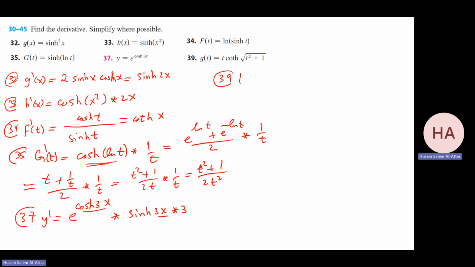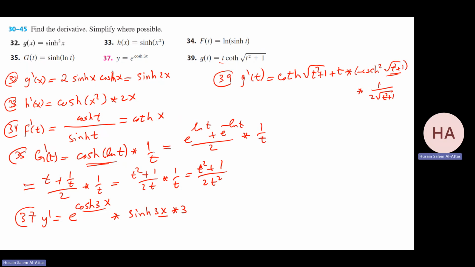It's a product rule. So you have t, you make it t prime at t, small gt. That will be product rule, derivative of t is 1 times the second one plus t times the derivative of this. What's the derivative of cotangent hyperbolic? It's minus cosecant hyperbolic square of root t square plus 1. Are we done? No. I need to find the derivative of this, which is 1 over square root t square